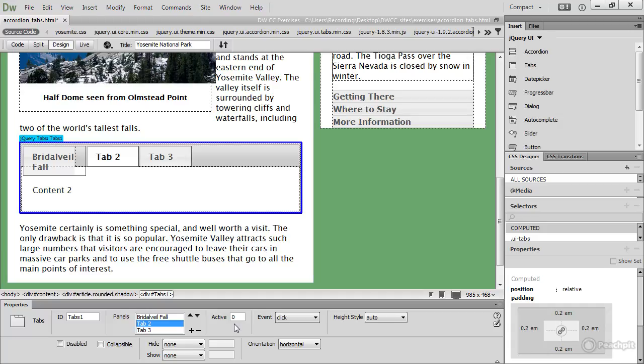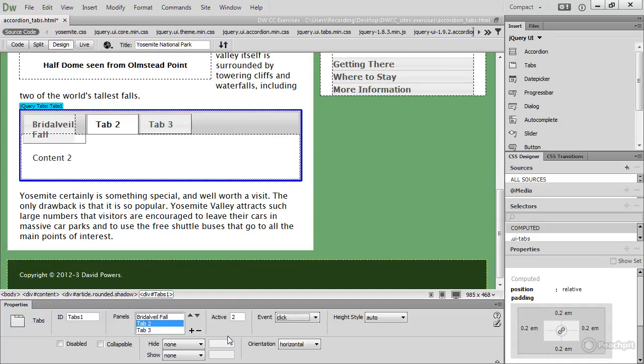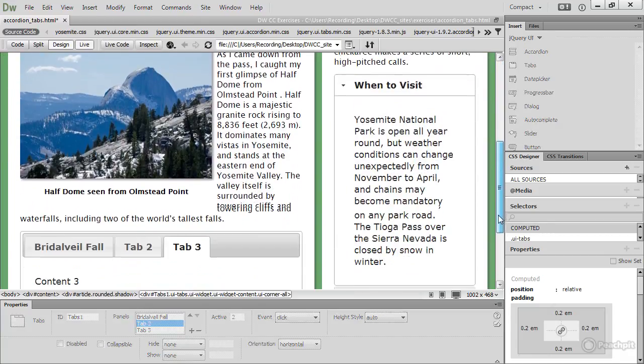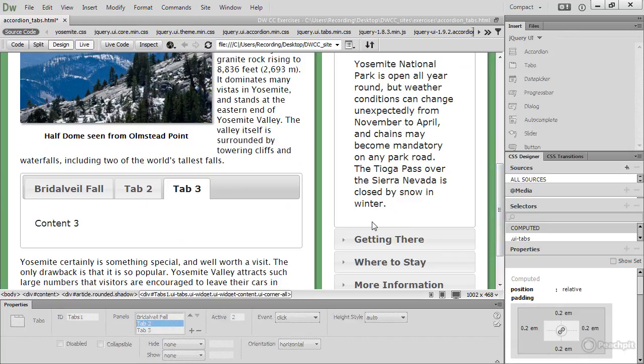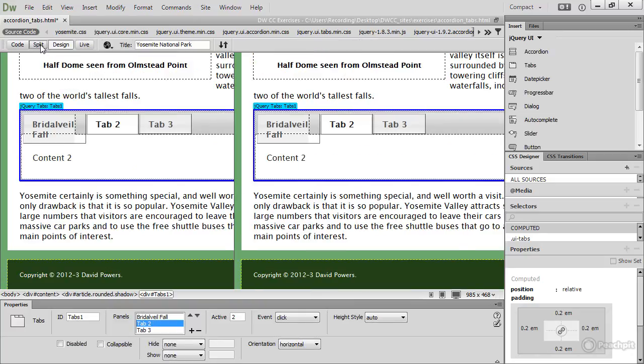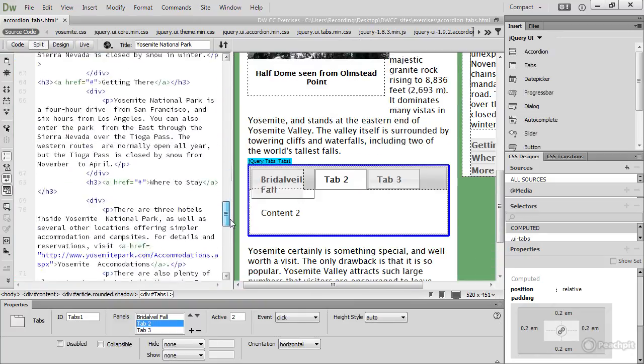So 0 is the first one, 1 is the second panel, 2 is the third panel, and so on. Let's just demonstrate that. I'm going to change this to 2, so that should set the third panel to open by default. And if I turn on Live View and scroll down, there is the third panel displayed, so it's working as expected. But let's just exit Live View and go into Split View and scroll right down to the